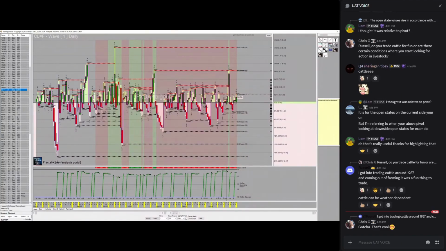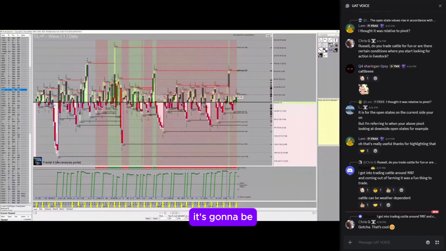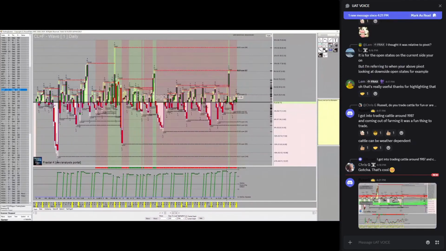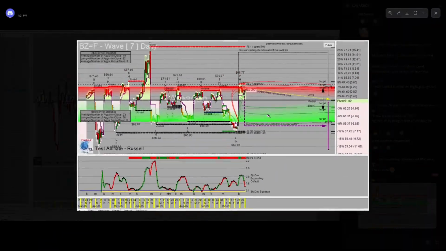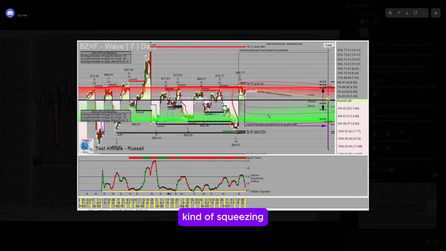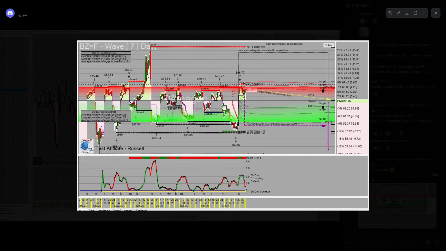So looks like, if it's going to break out, it's going to be around this area. Let me post what I'm seeing. Yeah, so I just posted in the chat what I'm looking at. 65.20 is that vector. Price action's kind of squeezing up into that average percent line. But really over this is a 200 day. So really over that 200 day,